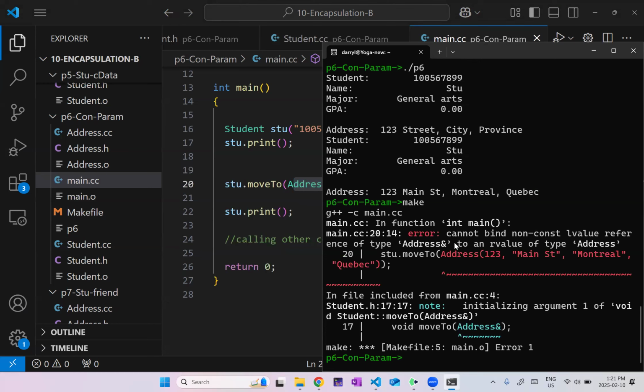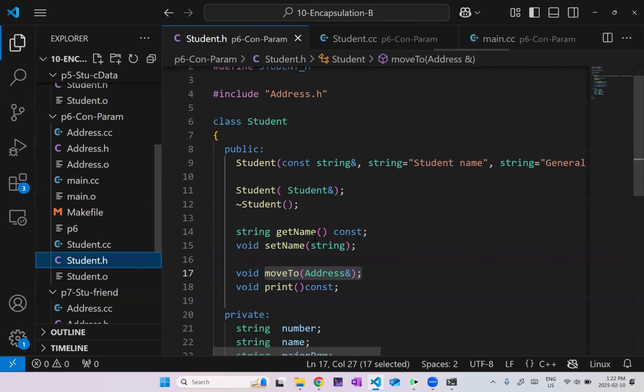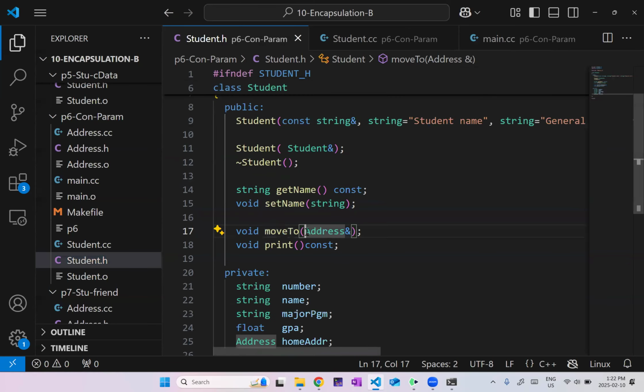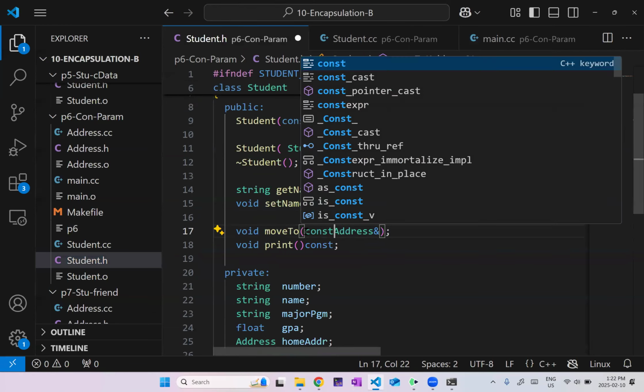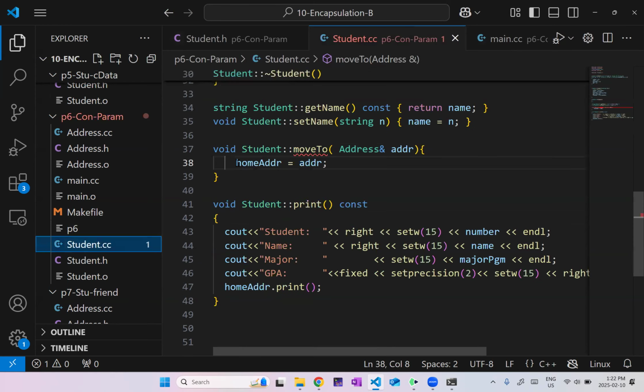And yeah, so: cannot bind a non-const L value reference of type address to an R value of type address. So what happened is that anytime you make a temporary variable like this, it is an R value, right? This is a const, and that means I cannot make changes to it. Also, what it means is that I cannot discard the const qualifier when passing it in as a parameter, which means that in order to make this match, I have to say, well, I mean, inside my move to function,